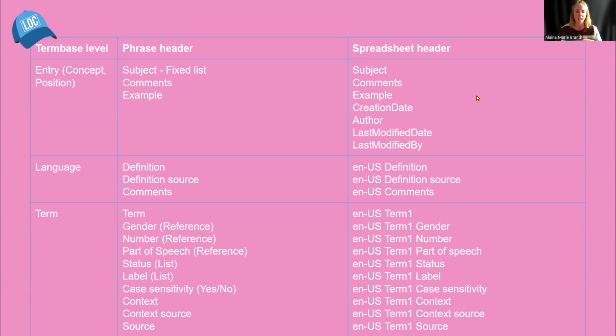If they do not, Smartcat will generate a list of the headers in the spreadsheet that are unrecognized by the system. Take notice of the following aspects of the system fields as presented here. Definition and definition source can be added to any level of the term base. The comments field can only be added at the concept and language levels, though of course a custom field could